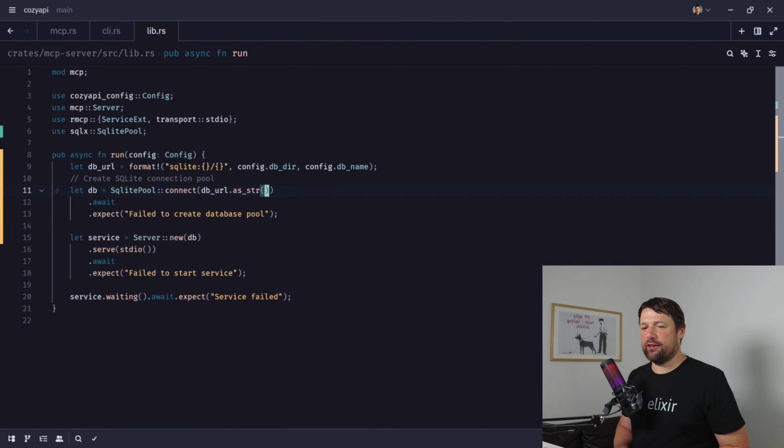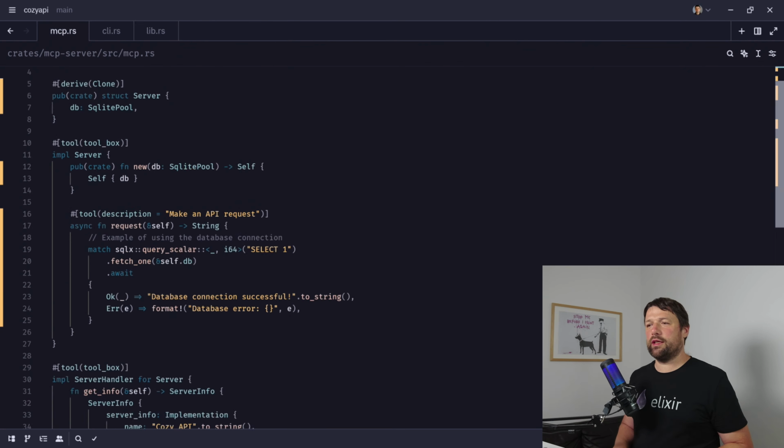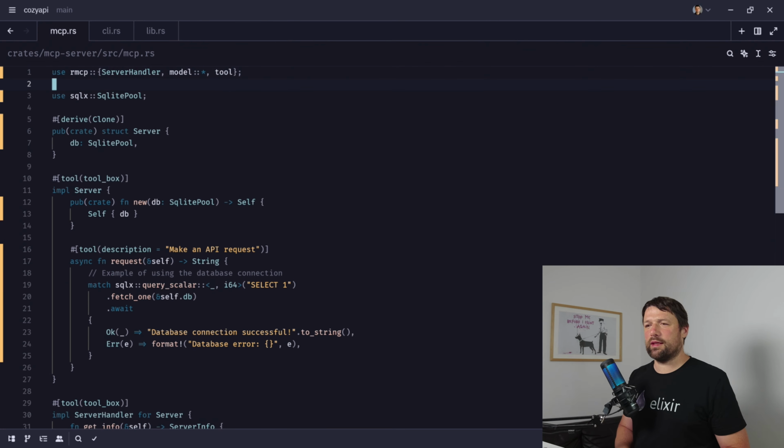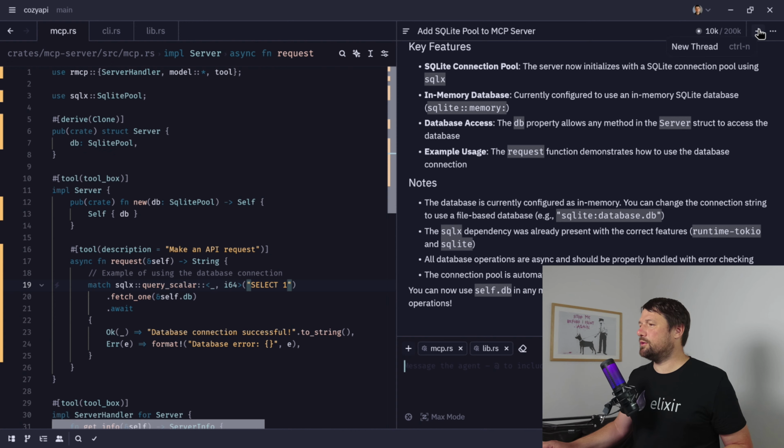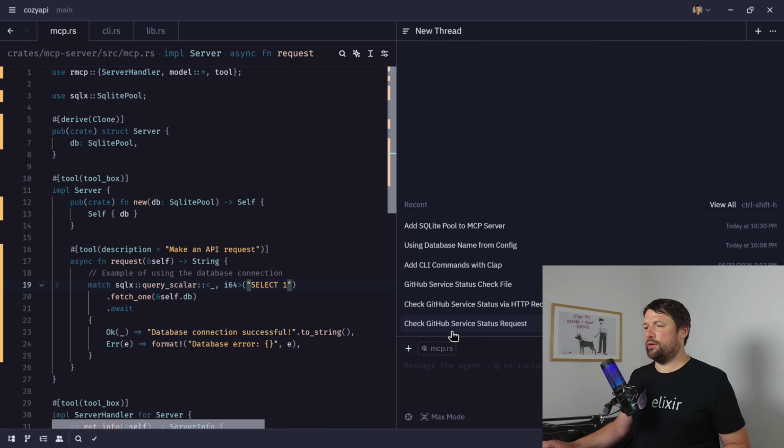Okay, we now have the database URL being passed here. So we can now look into the MCP server. So now, come on. What do we want to do in the MCP server? We don't want to do the select one. What we want to do is we want to carry the